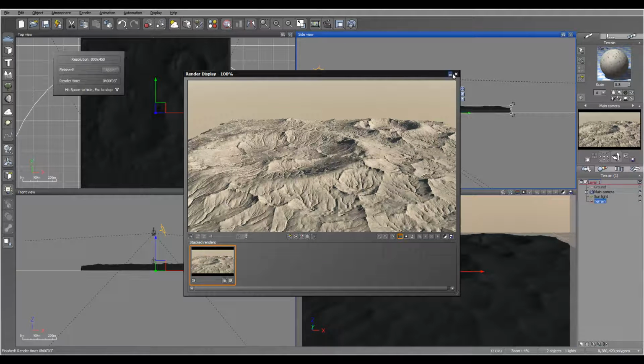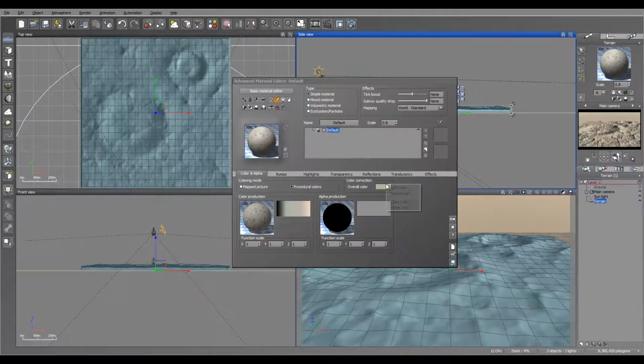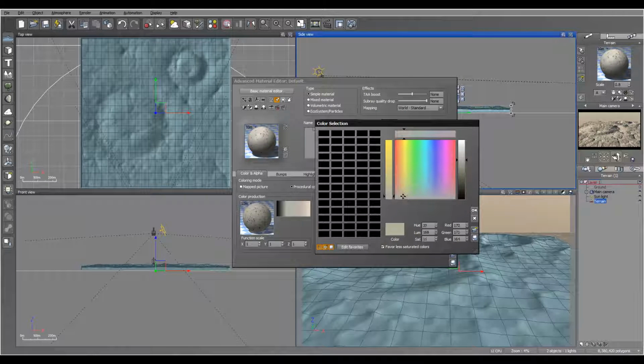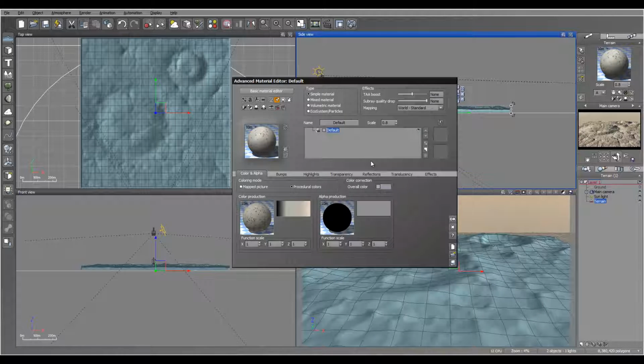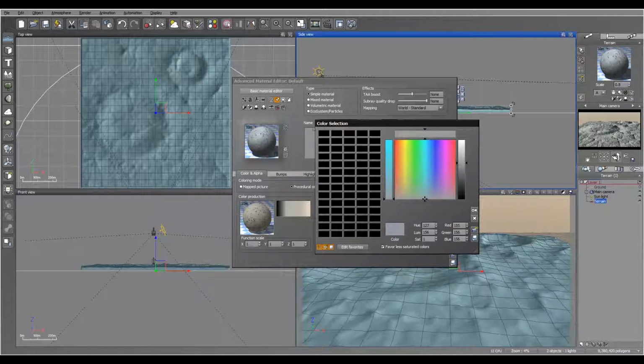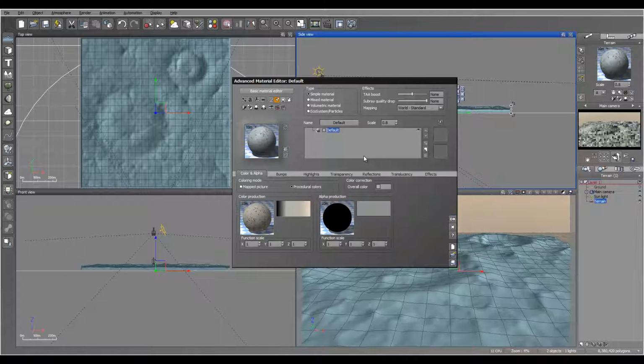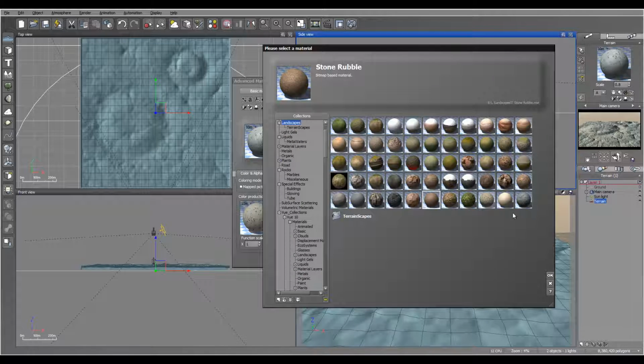A very basic color applied again. Maybe we need to go a little bit colder. Overall, again, we can modify it if we need to. Okay, this is the base. Next, what I want to do is add this flow effect, and for this one